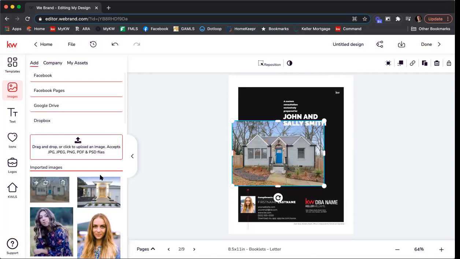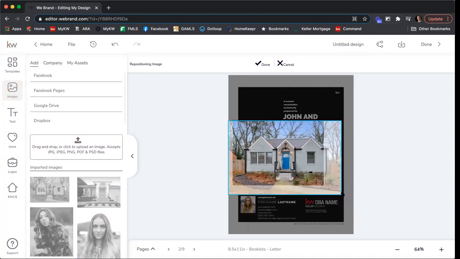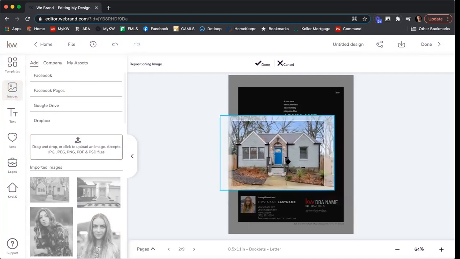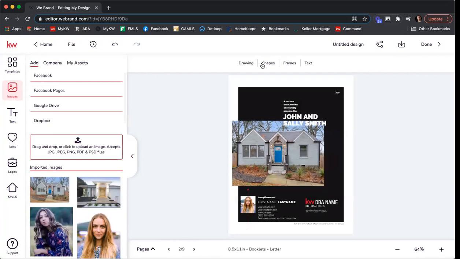that box. Now, there's kind of a lot of background on here, and I don't really want to see that. So I can double click on that image, and then it allows me to kind of reposition it so I can expand it. So I really want this to be focused on that image, and then click Done. So that looks just a little bit better. It's more focused on